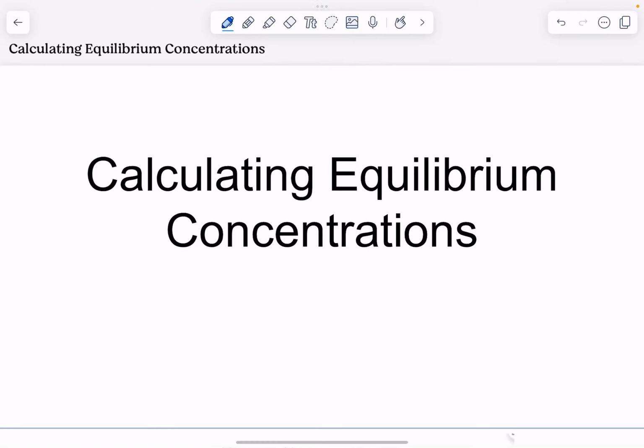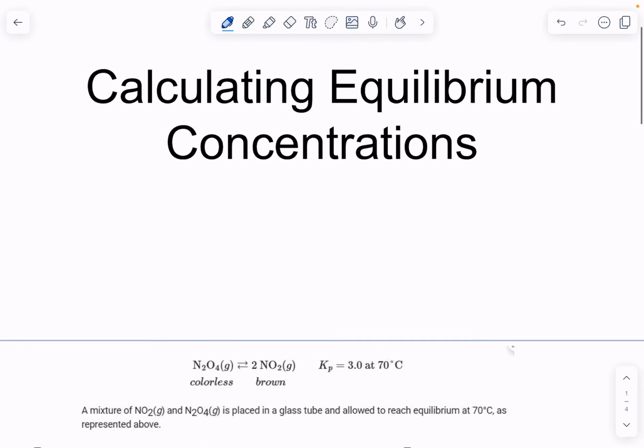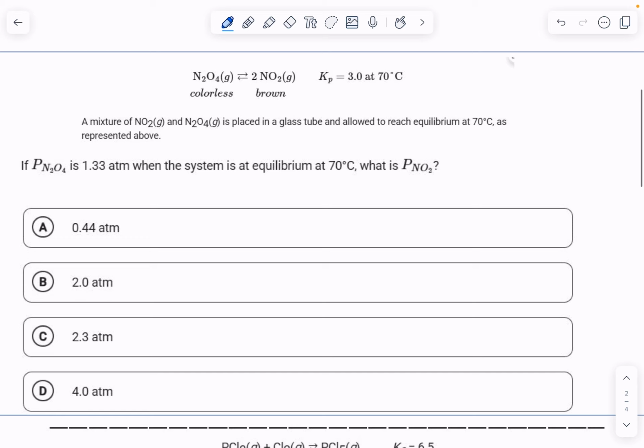Alright guys, in this video we're going to be looking at calculating some equilibrium concentrations, and we'll also be looking at how Q versus K works with that. In this first reaction, we've got N2O4 at equilibrium with NO2. We got a Kp value at 70 degrees Celsius. A mixture of that is placed in a glass tube and it's allowed to reach equilibrium at 70 degrees Celsius. If the pressure of N2O4 is 1.33 atmospheres when the system is at equilibrium at 70 degrees Celsius, what is